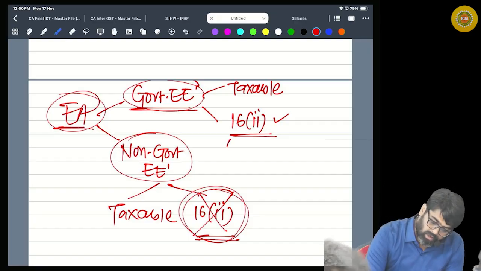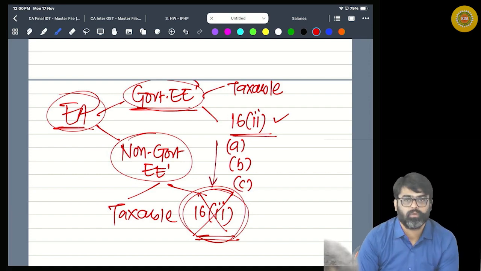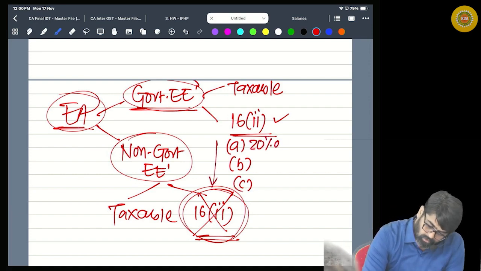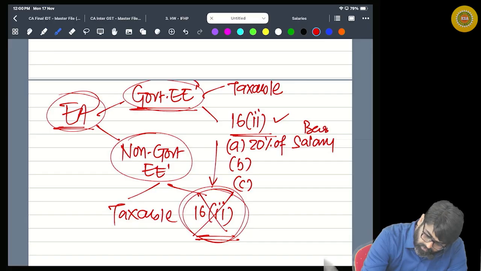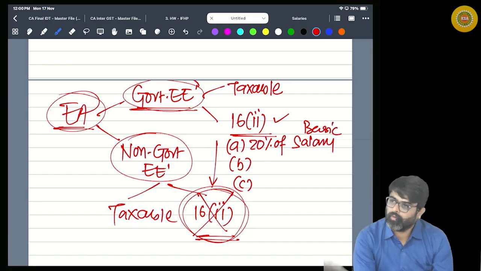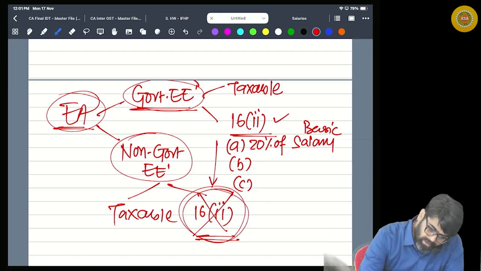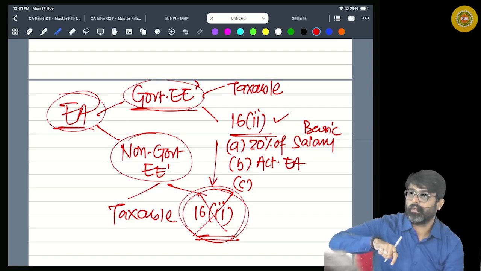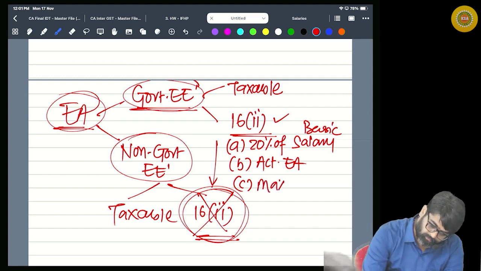Now, a government employee will get the deduction of A, B or C, whichever is lower. A is 20% of salary, meaning 1/5 of your basic salary. Which salary? First take your basic salary, and 1/5 of that, or 20% of that, will be your limit A. Limit B is the actual entertainment allowance which you have received and which is taxed. And limit C is maximum